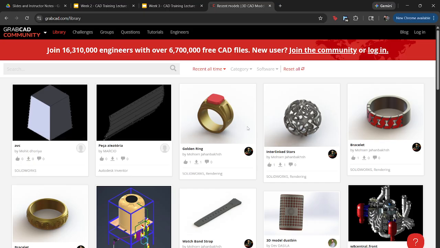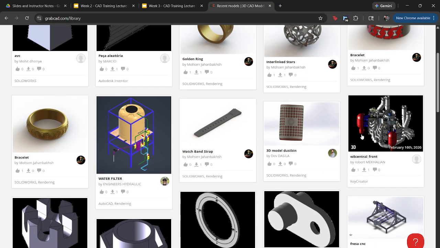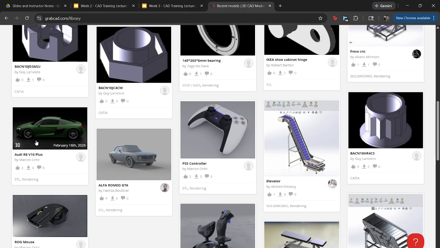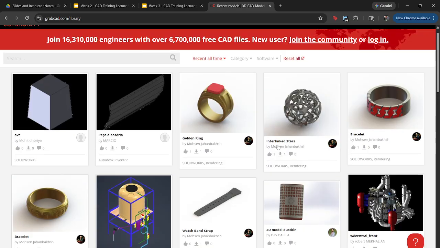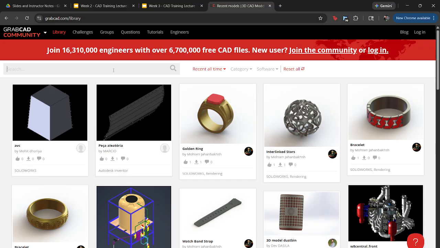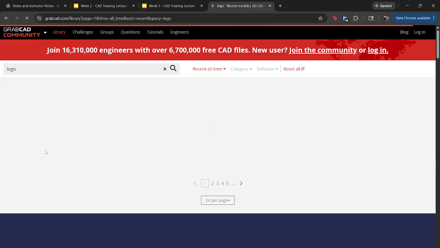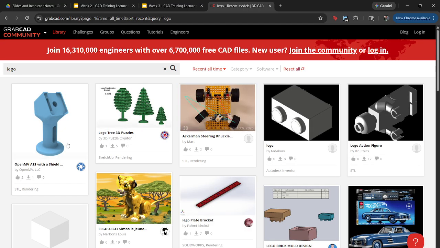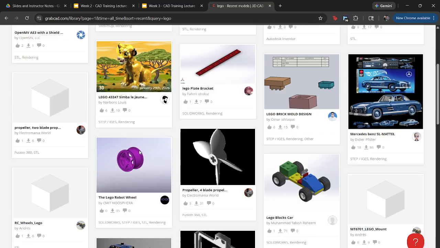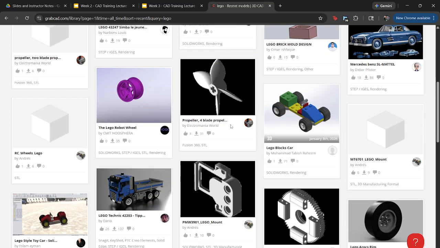People put a bunch of random stuff on here. They do car models and all that stuff. But sometimes you can find what you're looking for on here. So, like if I look up Lego, I'm sure there's something there. Some of them are not related, some are related, but there's a bunch of stuff on here that